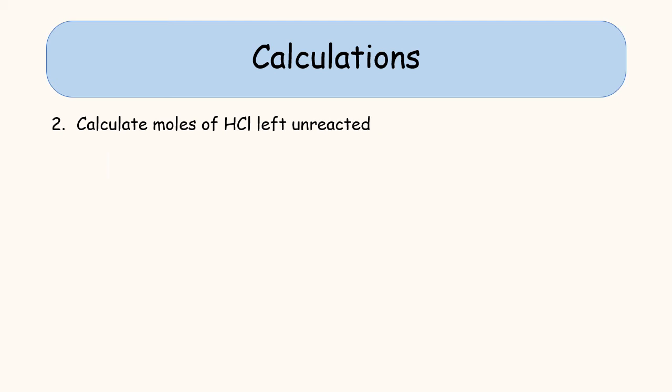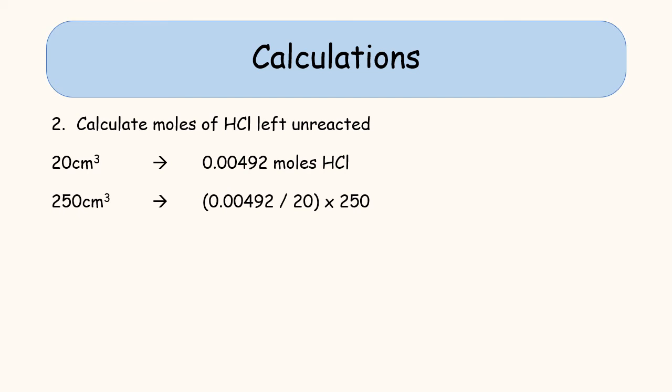Because our second step is we have to work out exactly how much hydrochloric acid was left unreacted. And we only took a sample of all the hydrochloric acid, so we need to scale it up. Now in 20 cm³, we had 0.00492 moles of hydrochloric acid, but we know that we made a total of 250 cm³. So we need to use proportion. It's going to be 0.00492, divide by the 20 to tell us what 1 cm³ is, then multiply by 250 to tell us how many there were in our big flask, which works out at